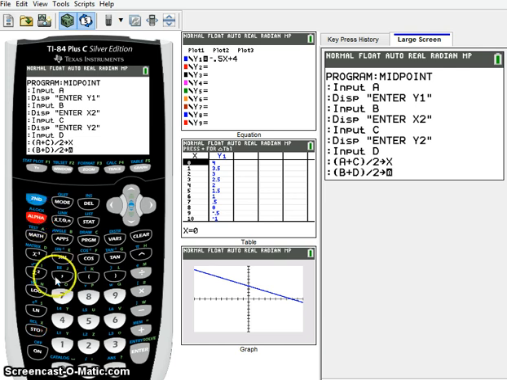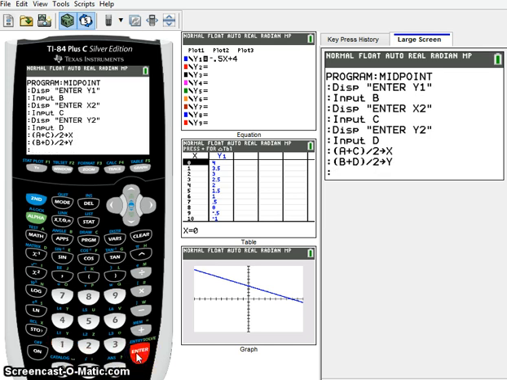So alpha y. Now I hit enter, and that's my program. So it's going to take A plus C, which you may recall were x1 and x2, add them up, divide by 2, and store them as variable x. Then b plus d, which were y1 plus y2, add them together and divide by 2,